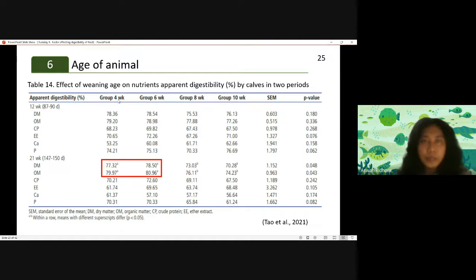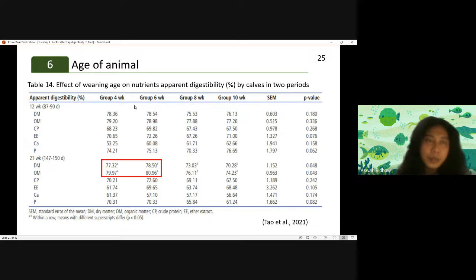several groups of calf, several calf weaning periods, which is 4 weeks, 6 weeks, 8 weeks, and 10 weeks. And they try to identify digestibility from different groups in the 12th week and then in the 21st week. Then they found the result is in the 12th week, there is no difference between the weaning age